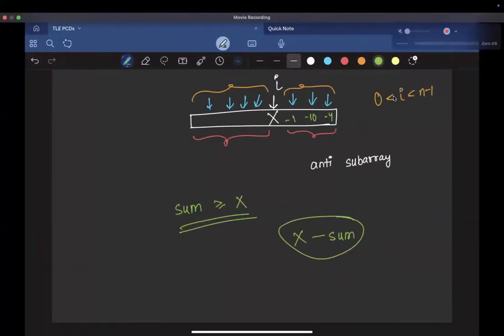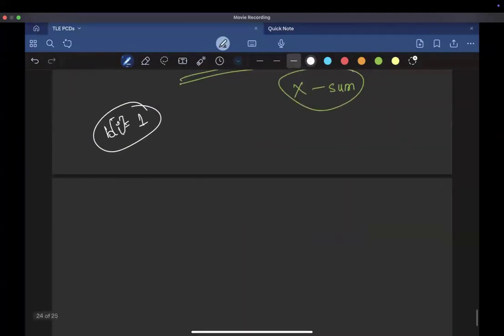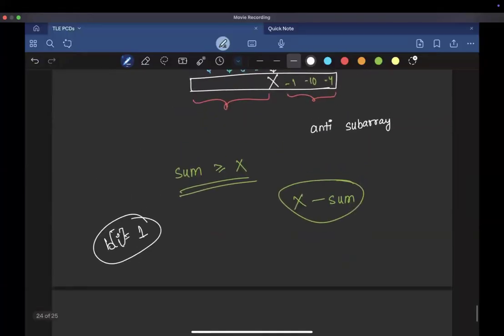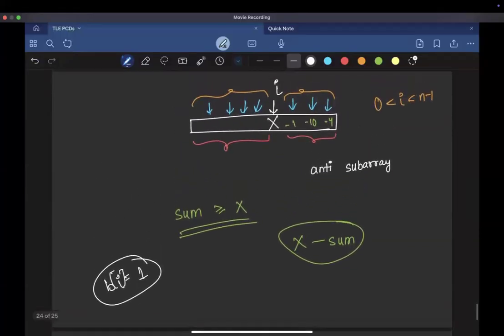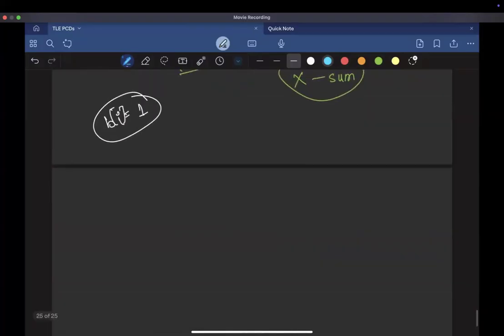Okay, great. So now let's talk about the more difficult thing. Right now, the problem is pretty simple when we have assumed that BI would be one for everyone. But there is no guarantee. In fact, the problem would not have been given to us if BI was always one. It is a difficult problem because BI might be equal to anything,